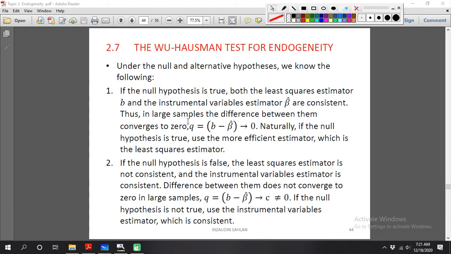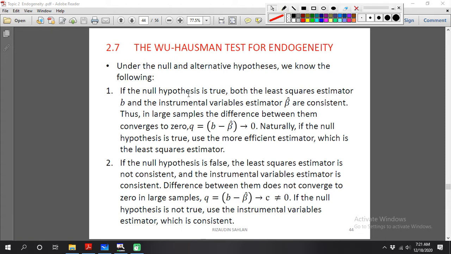This is how we develop the null and alternative hypotheses. If the null hypothesis is true, both the least squares estimator for beta and the instrumental variable estimator are consistent. It means that there is no difference between OLS and the instrumental variable.